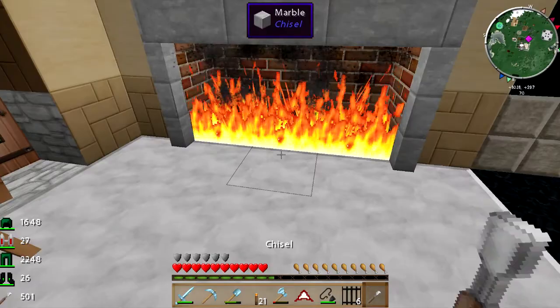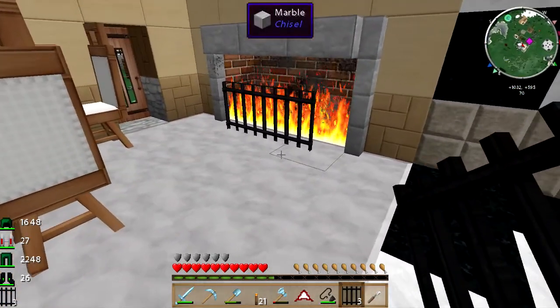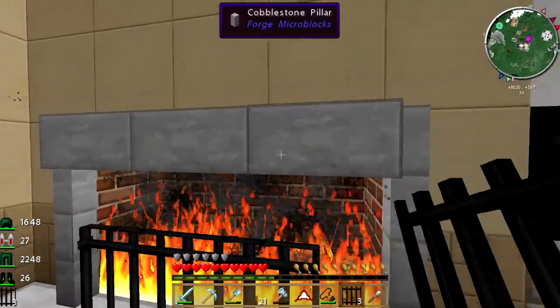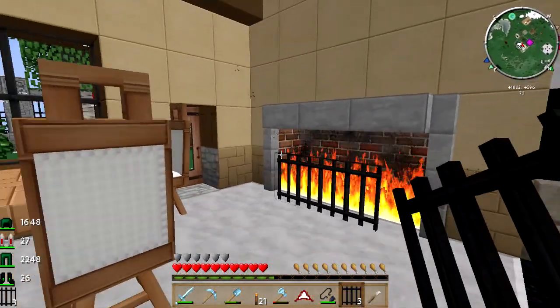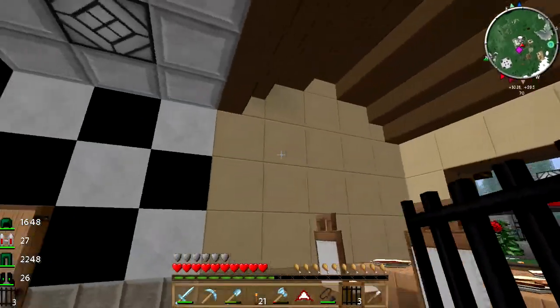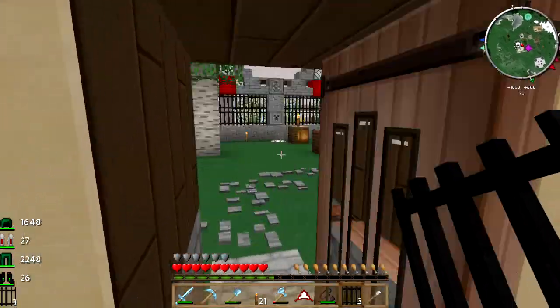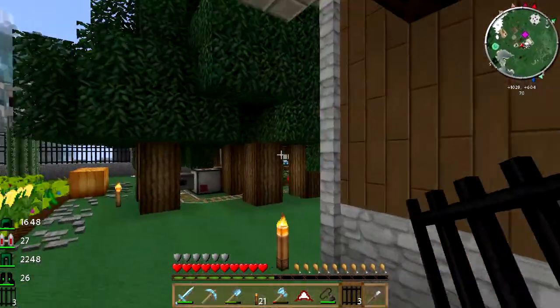Alright. And then these will just go right like that. Bam. Fireplace. Little mantle there. Yeah. Looking good. Might need a painting on the wall there. And then back here,